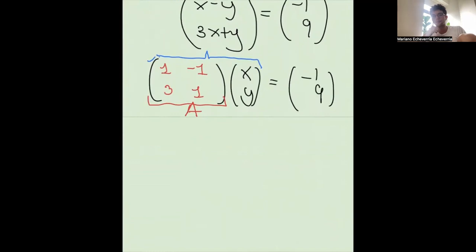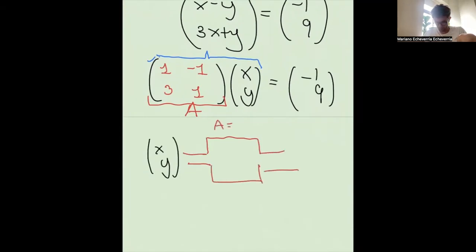So what this means, if you like the diagrams for matrices, is that you have the vector xy, you put it through the matrix, right? Think of the matrix as a machine. And we want that after you run this vector through the machine, you want the output to come out, right? You want the output to be the vector